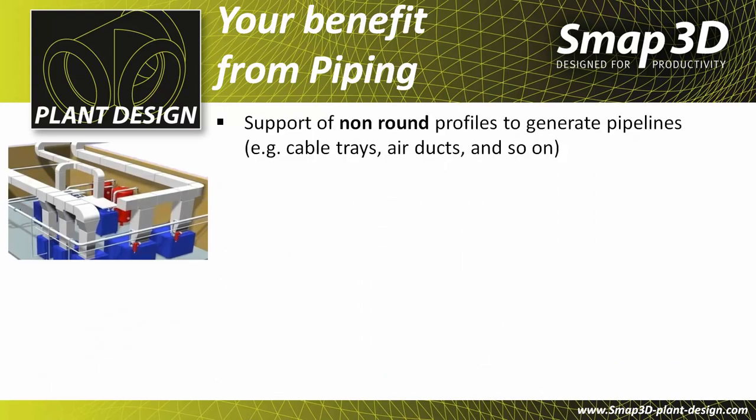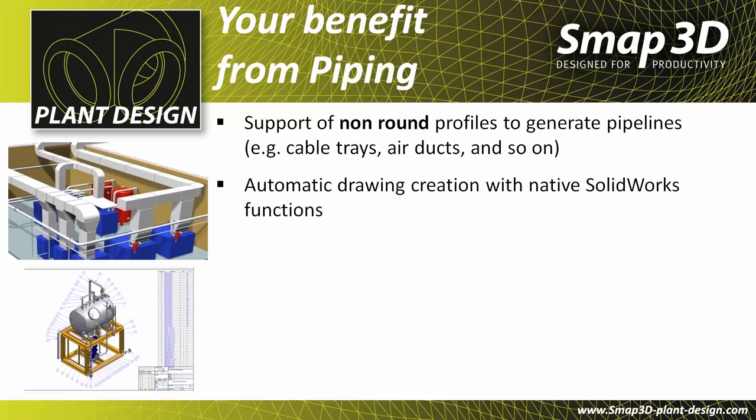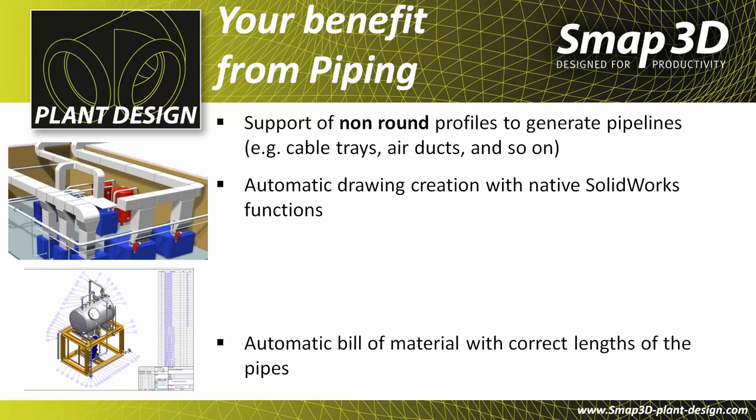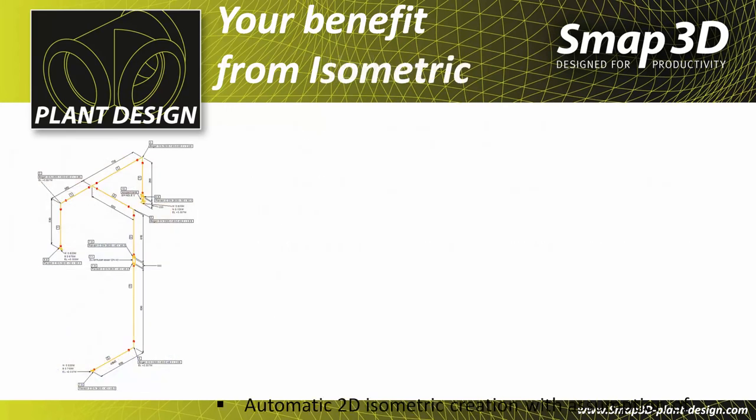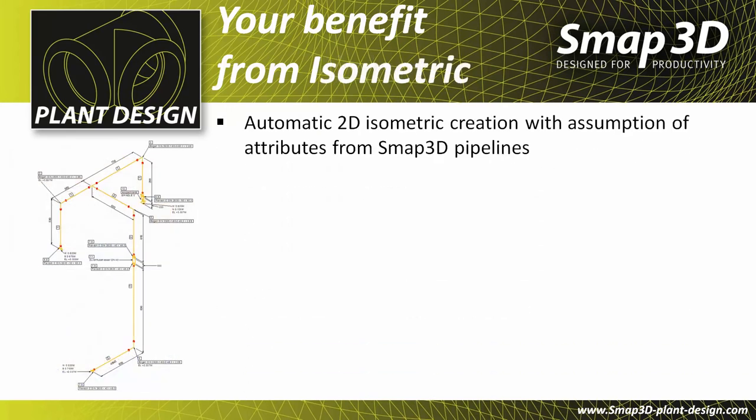Smap3D Piping also supports the usage of non-round profiles to generate pipelines for air ducts or cable trays. With native SOLIDWORKS functions, you can automatically generate 2D drawings complete with bill of materials and the correct lengths of the pipe. The isometric application provides you the automatic creation of single-line isometric drawings, leveraging all of the available attributes